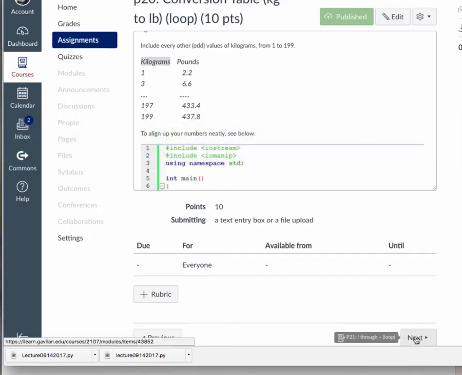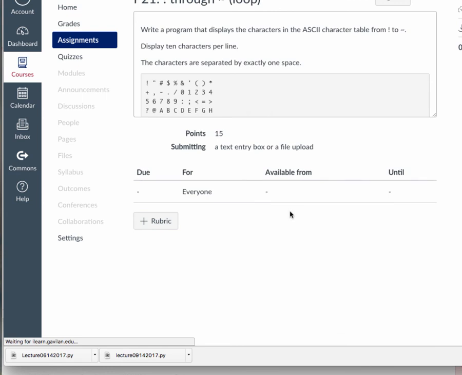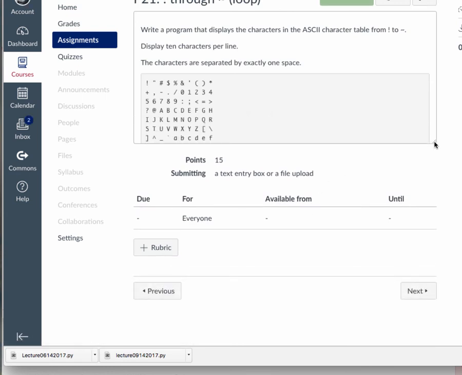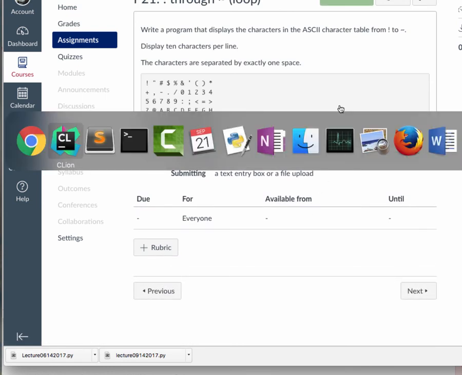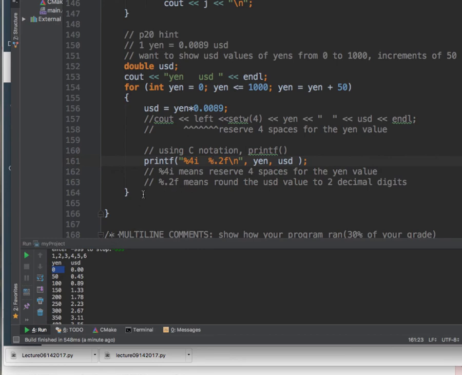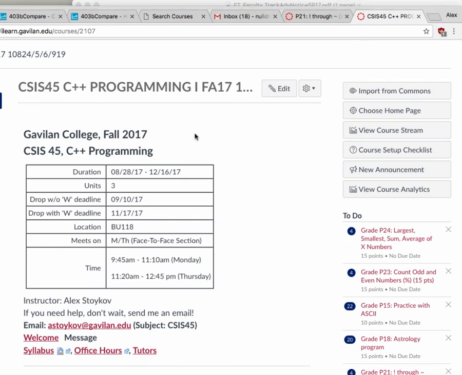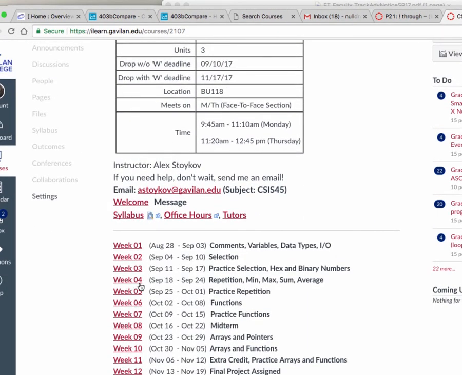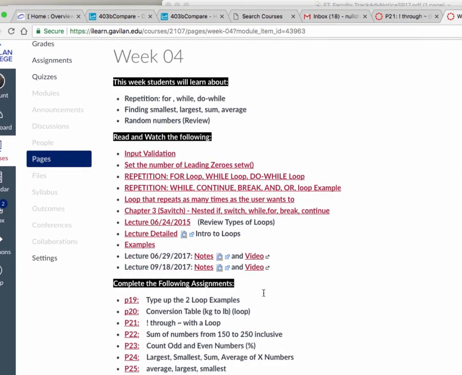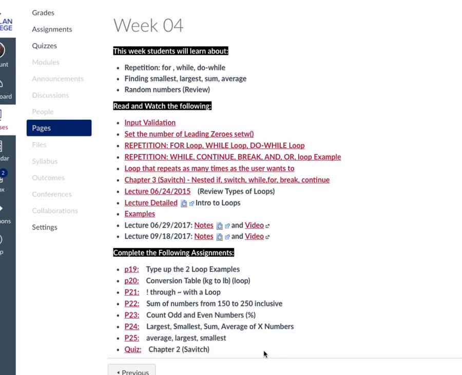And 21. Okay, so this is your hint for 21. So go in there, and this is the P21 hint. See how many more I have left. Four. Oh, I got a few more out of the way. All right, so